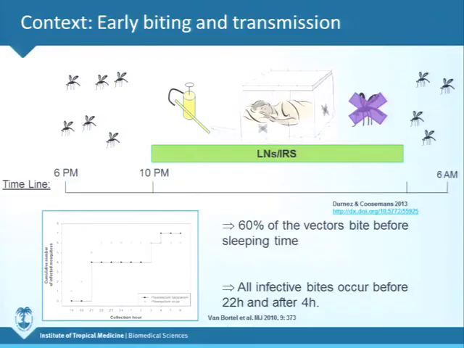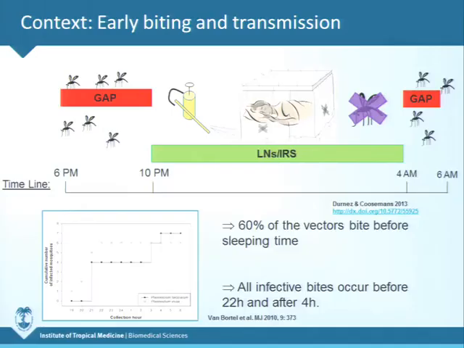However, there is a gap where there is no protection early in the evening when the people are sitting outside, and early in the morning where there is also no protection. However, most of the transmission is addressed by this, but this still can maintain a very low level of transmission